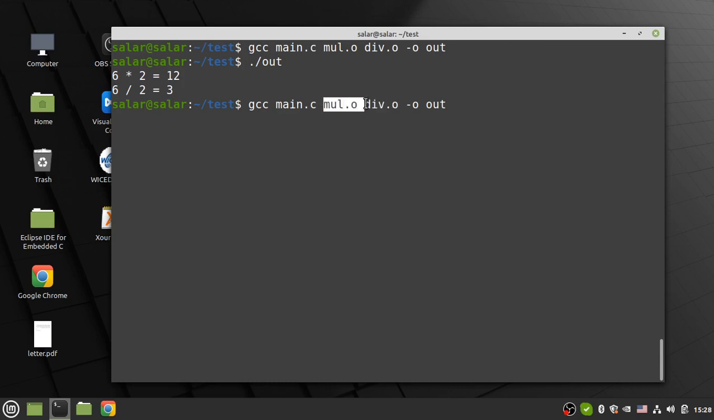Okay, but creating an object file is a good way, and is a way for closing your source. This way you can close your source, if you want to give